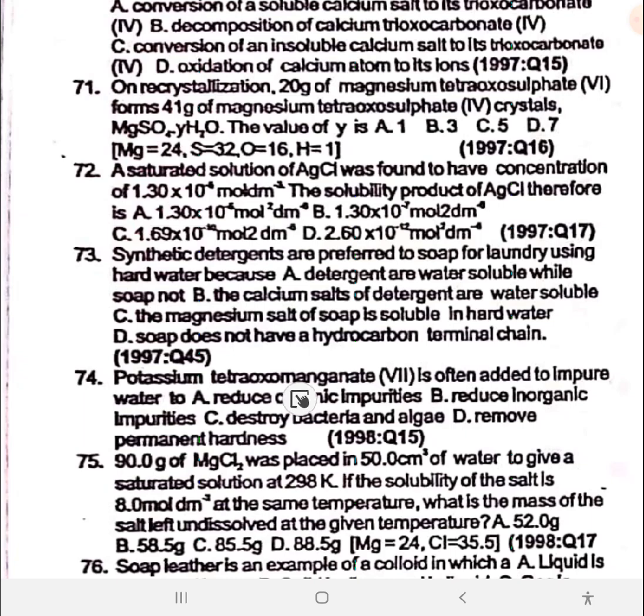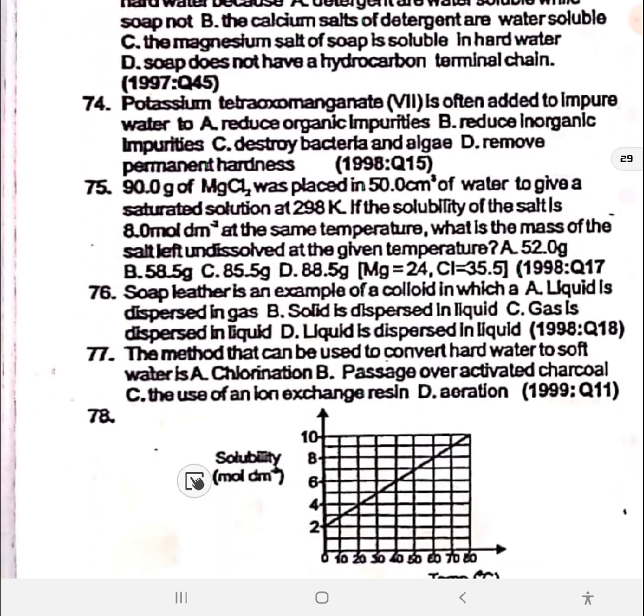74, potassium tetraoxomanganate(VII) is often added to impure water to destroy bacteria and algae. So potassium tetraoxomanganate(VII) is used to destroy bacteria and algae in impure water. 75 is calculation. 76, soap lather is an example of colloid in which a